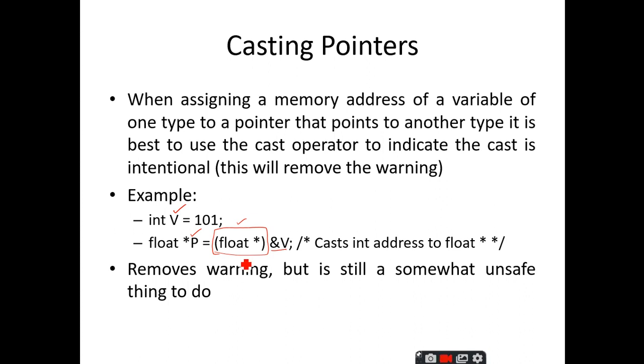But it is not a good practice to assign the addresses of one variable type into another pointer type. This is not acceptable, right? It is not a good programming practice. It will not give any error. The C compiler will not tell you that this is an error you need to rectify. It will just give a warning, and if you want to remove that warning, you can make use of typecasting the pointers. Is it clear?